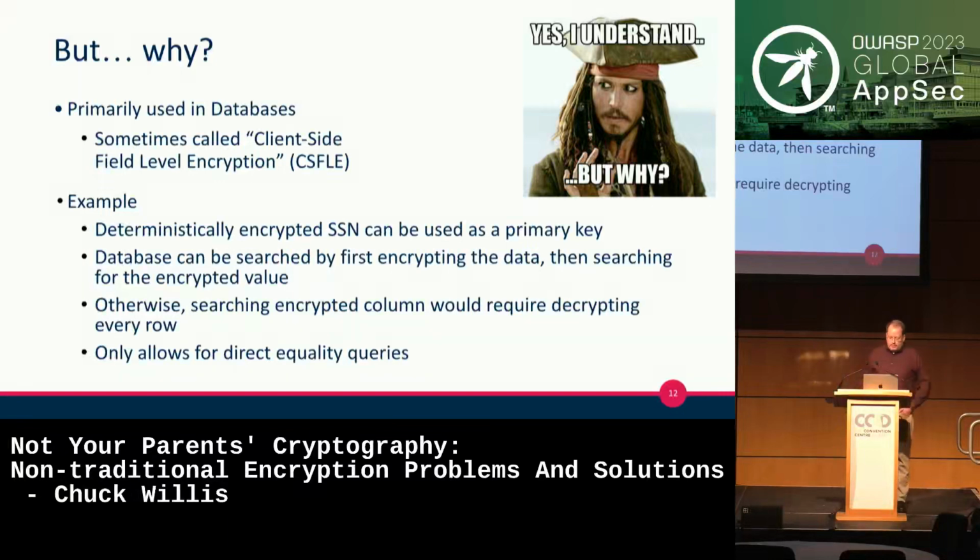So the idea there is you're basically just encrypting the data before you search. The database is really not even aware of what's happening, because all it's doing is getting some data. It treats it as a primary key. The actual encryption and decryption is all happening on the client side. So it only allows direct equality or joins and those kinds of queries, but it does allow you some level of being able to secure things in a way that's not going to be just completely using the